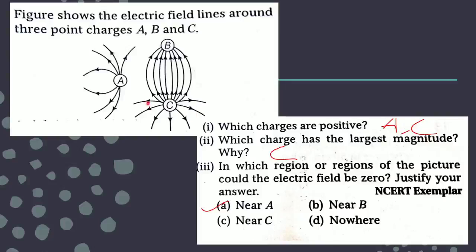So more number of lines means more density, means the field is stronger, and stronger field will be there because of more charge. Because if you have more charge, then only more force will be there, and more force means more field. Here of course the number of lines is more than double that of A. It means A has less magnitude than C. And if you join A and C, both are positively charged. We have done the numericals to find the neutral point, it always lies closer to the smaller charge. So the smaller charge is A, and hence it will lie closer to A.